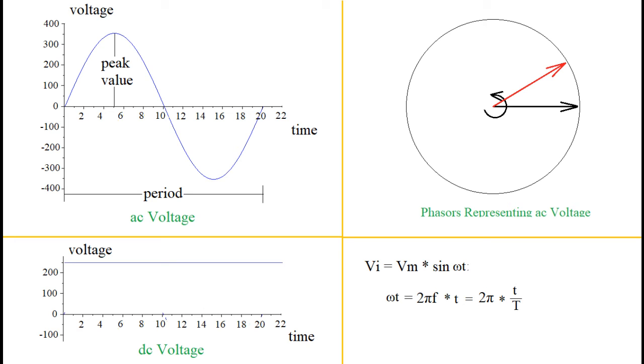These phasors are supposed to rotate in anticlockwise direction so that their projection on y-axis represent instantaneous value of AC voltage. We may get any number of instantaneous values of voltages with a period of one cycle depending upon division of time or angle. Mathematical expression for AC voltage that we have described so far is shown on slide, that contains peak value as Vm, and result of this expression is instantaneous voltage.